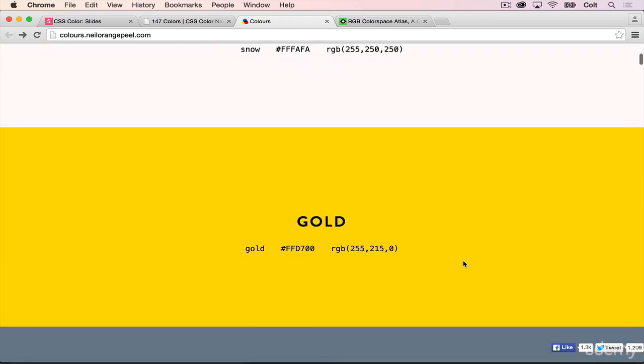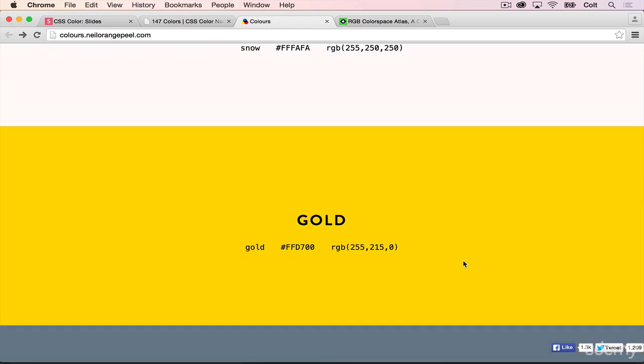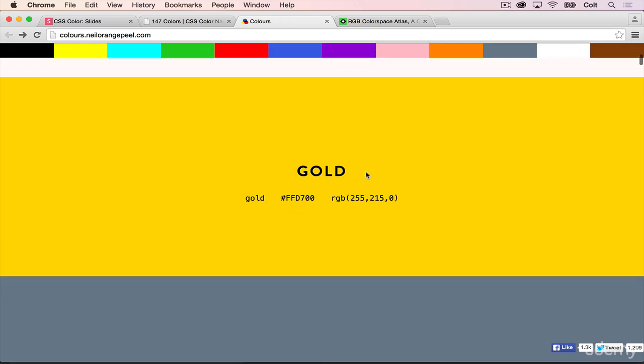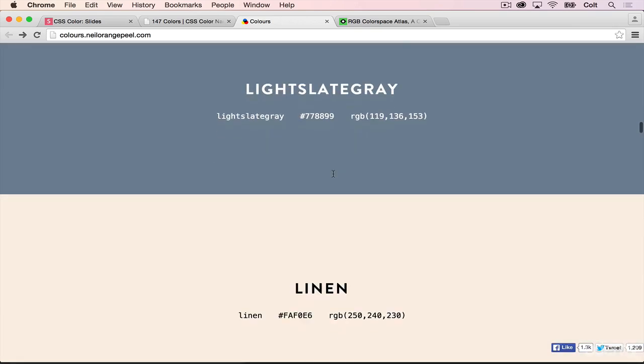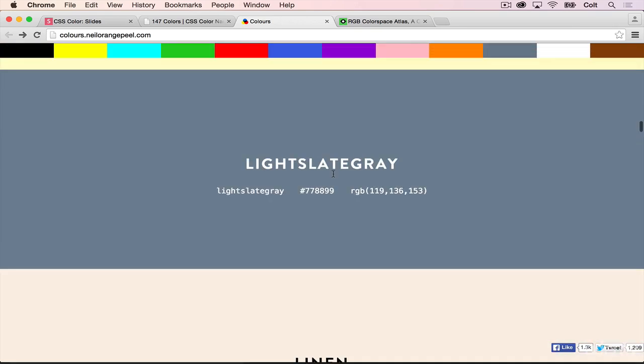And of course, the problem with using these is still, it's only 147 colors. And you might want a color that's just like this gold color, but slightly lighter, or slightly darker, or slightly redder. And there's not going to be a perfect option for you. And then the other problem is that it's just hard to remember these names, like light slate gray. Nobody remembers that. So I really only use named colors like red, orange, purple, just for very quick debugging purposes